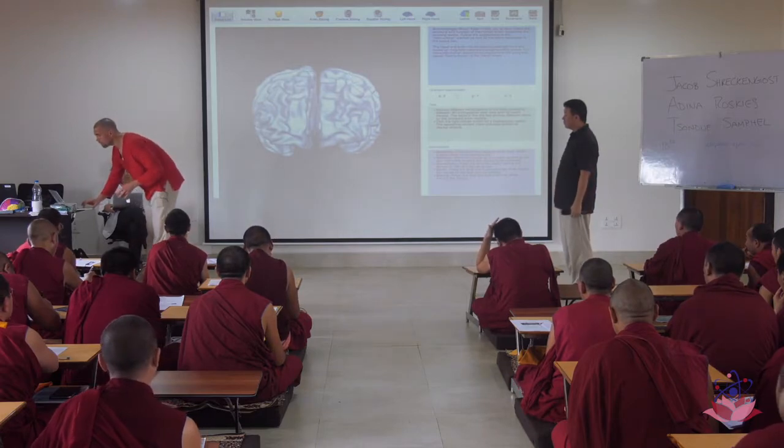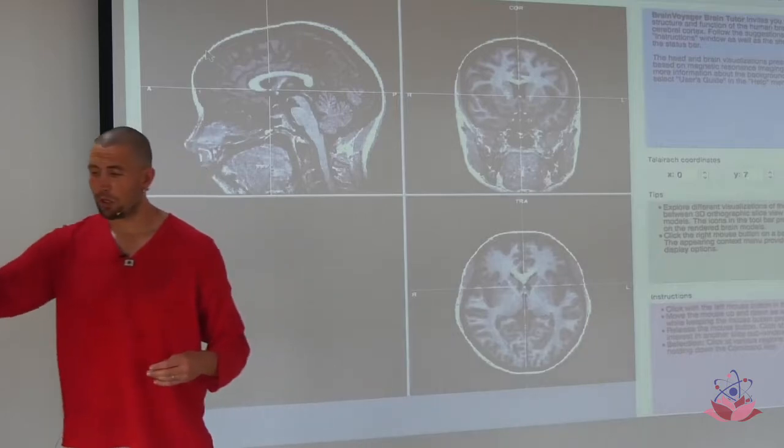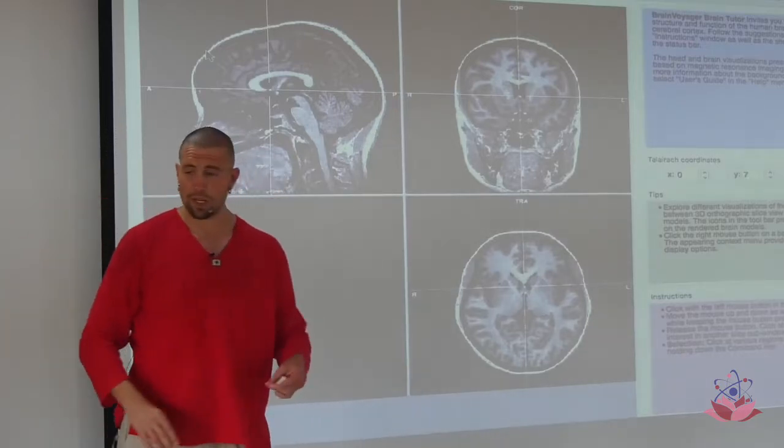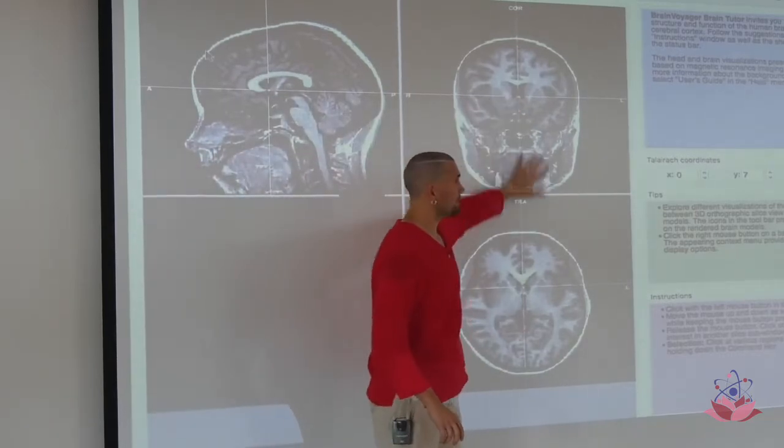All right, so I'm going to project all three of these at once, so now you can actually see what it looks like when the sections go through the brain itself. So this is going to be our sagittal section, this will be our coronal, and this will be the axial